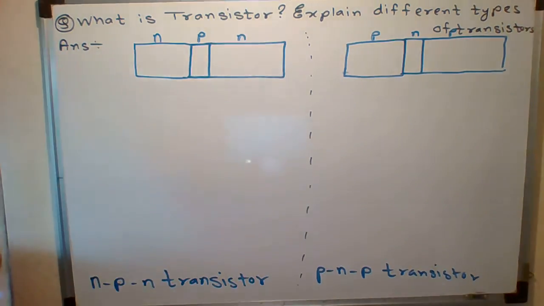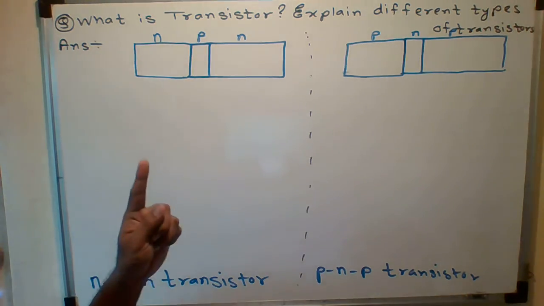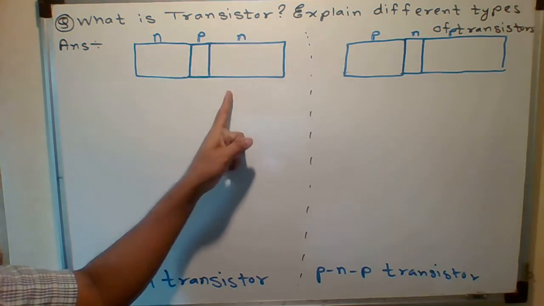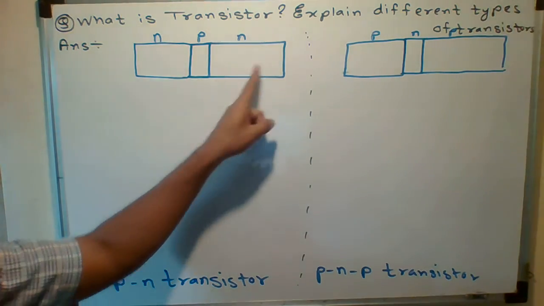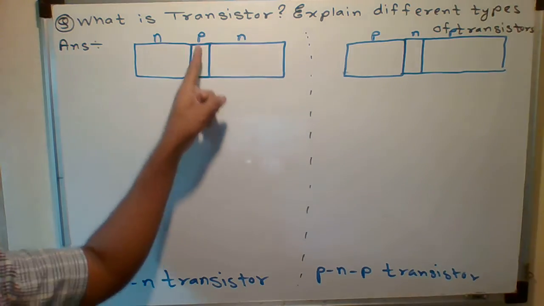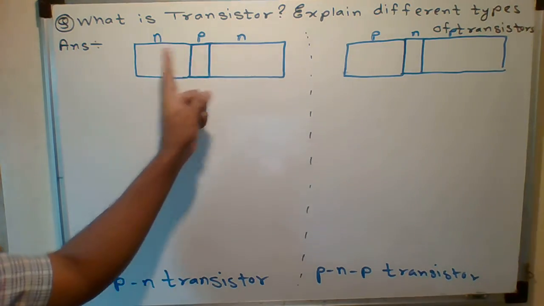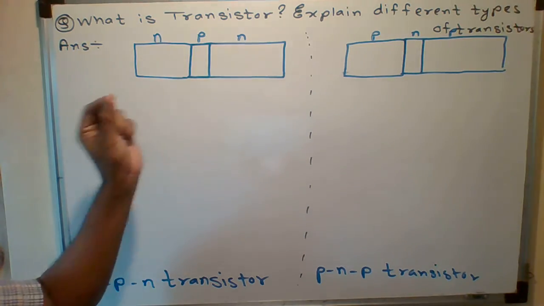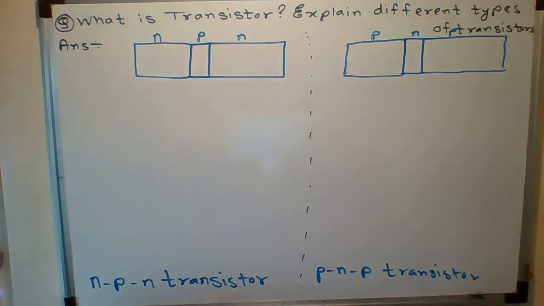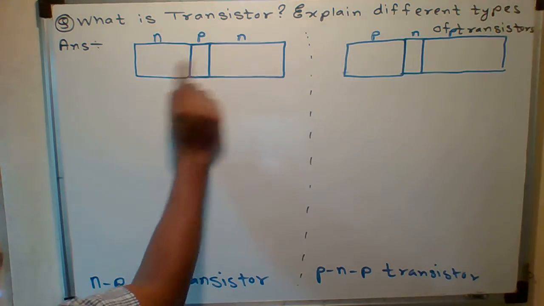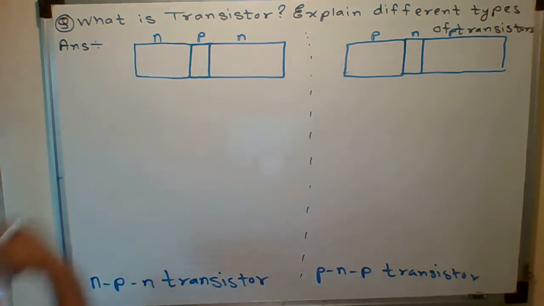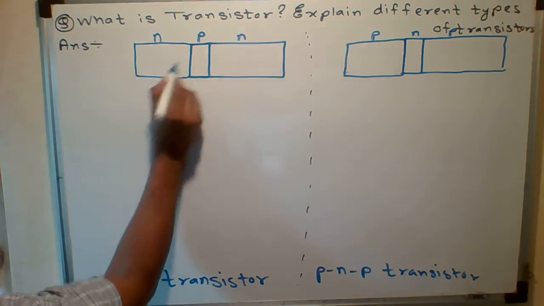Okay. Now students are asking, sir, have you drawn a rough diagram, or have you actually drawn this part? This region is larger than the other two regions. This one is smaller than these two regions. This one is moderate. Is it because of some conditions or not? This is larger, this one is the middle one, and this is the smaller one. Yes, students. I actually drew this one larger than this and this.